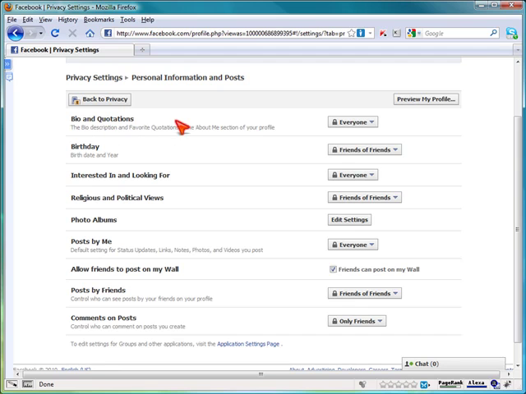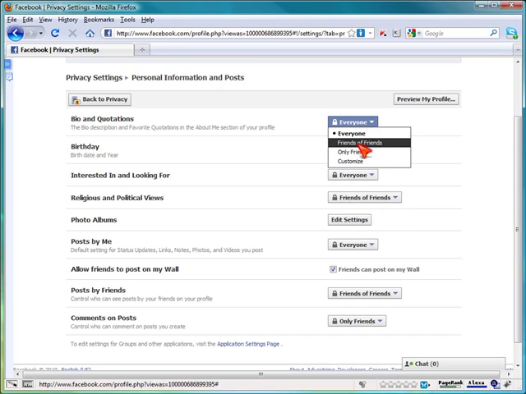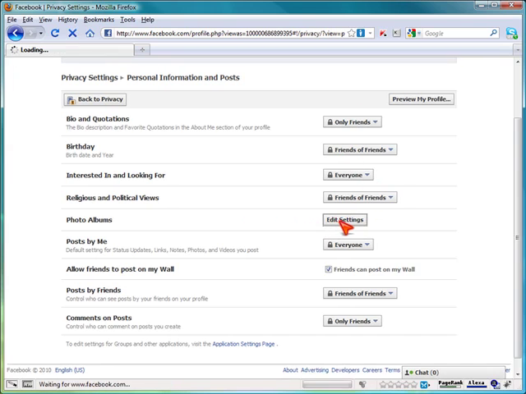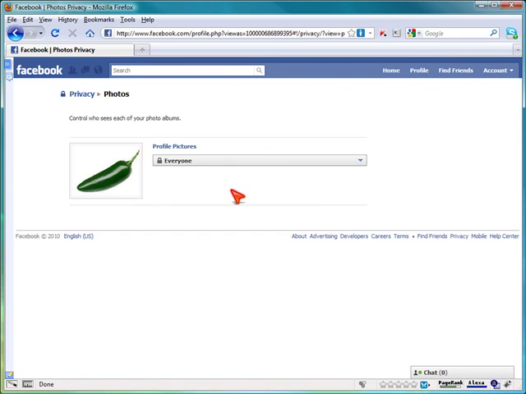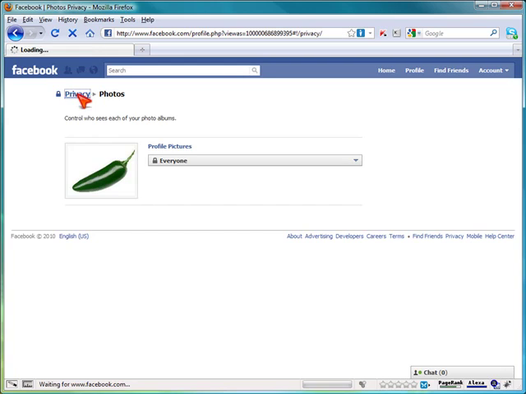For example, your bio and quotations. Well, here, let's just take a look at one. You can see most of these here are defaulted to everyone. Some are friends and friends of friends. And if we were to check on this one here, for example, maybe you didn't want everybody to see this, you only wanted just the friends, not so much the friends of friends, but just the friends. Then you can select that, and this is now your default. And you'll see where this comes into play here in just a second. But you've got other adjustments you can make, not just so much privacy, but you can also edit settings for your photographs and your photo albums. And if we head on back here to privacy,